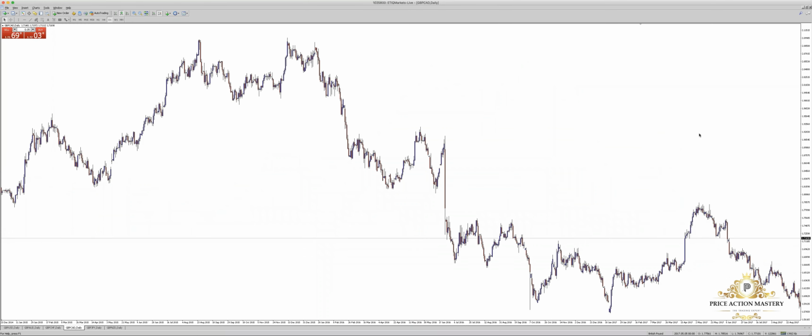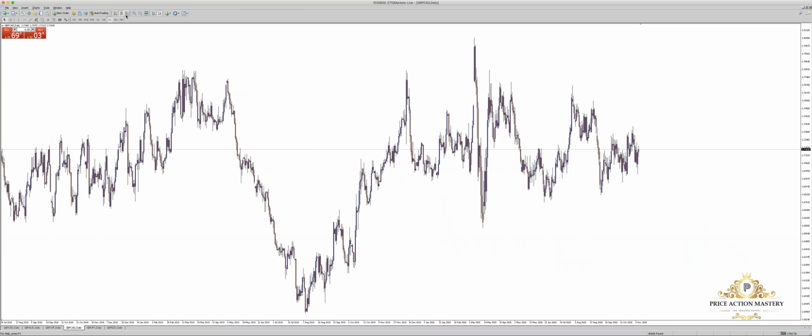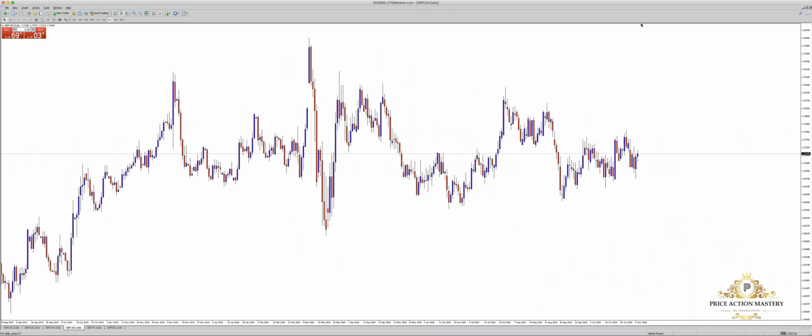The next will be GBPCAD. Basically we can see the market is climbing in a channel form. I believe that everyone knows what a channel is. As it is in a channel, we just go with the channel. I'm expecting that when the market reaches the channel top, the channel is going to break down. But currently we can see the channel is slightly sliding up, right? So buy will be much better.